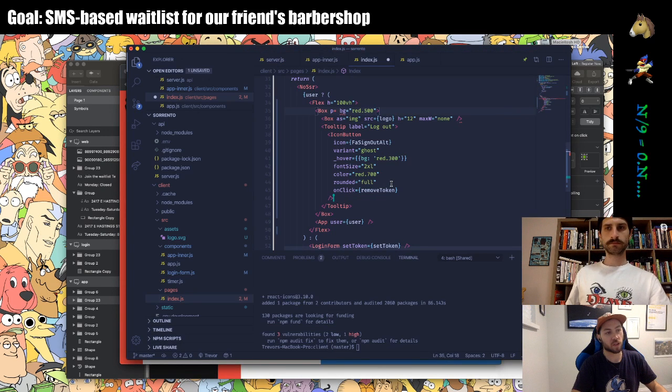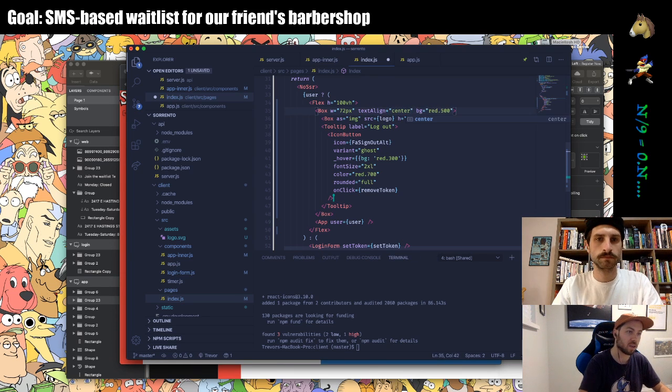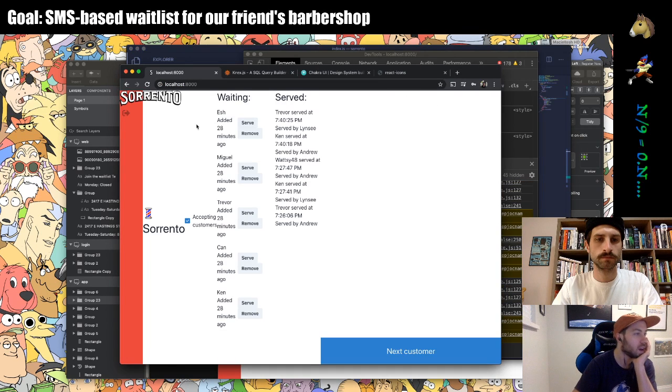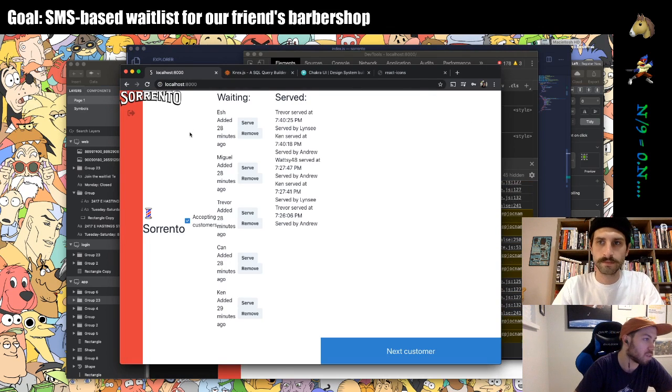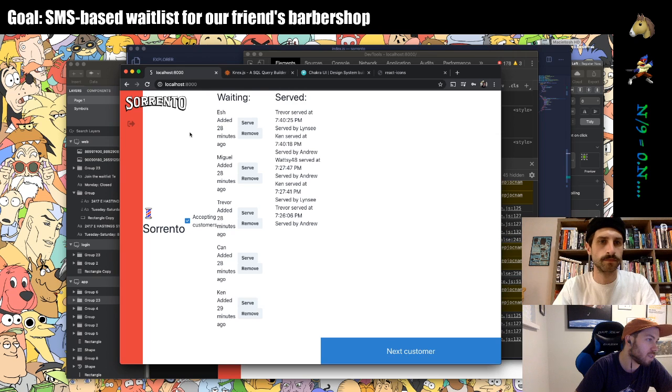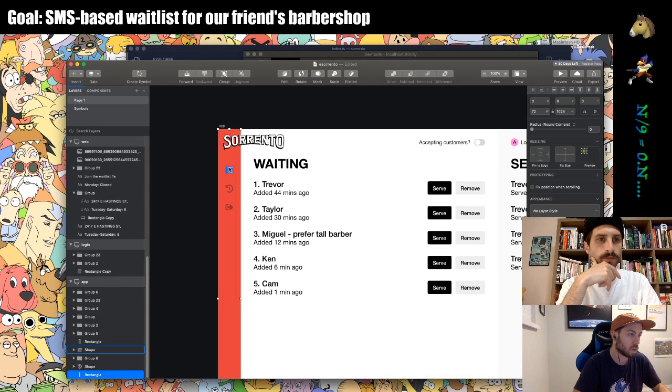Well, maybe we just got to keep it with width 72 pixels, and what I'll just do is add a text align center. Let's see if that works. Now I'm worried about the logo. Okay, no, the logo is fine. So now the logo can just get like a margin. Yeah, like we give it 16 pixels of margin on all its sides. There we go. Beautiful. Now we have our nice little Sorrento logo and